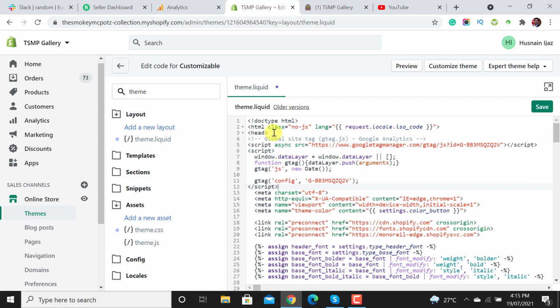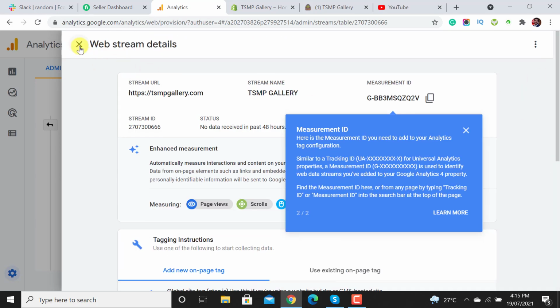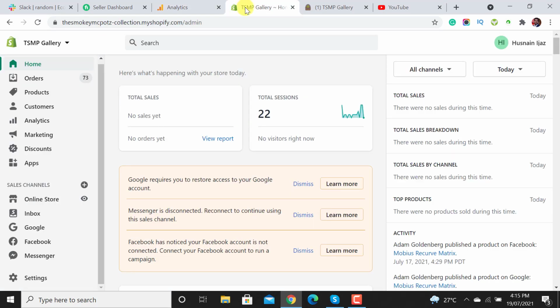Okay, after adding this code, you can hit the save button. Okay, so now Google Analytics has been integrated, and after some time it will show that Google Analytics is integrated and you are able to track your website data.